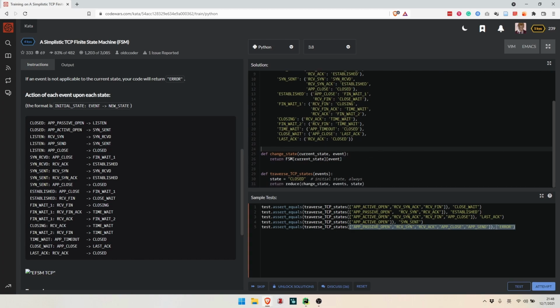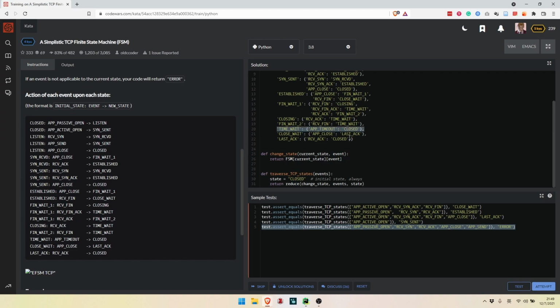But how can we handle this error? Simple. Let's say, as in this example we have gone through, time wait state, if we have an app send event coming in, we should put the current state here, which is time wait, and then Python will check this item.